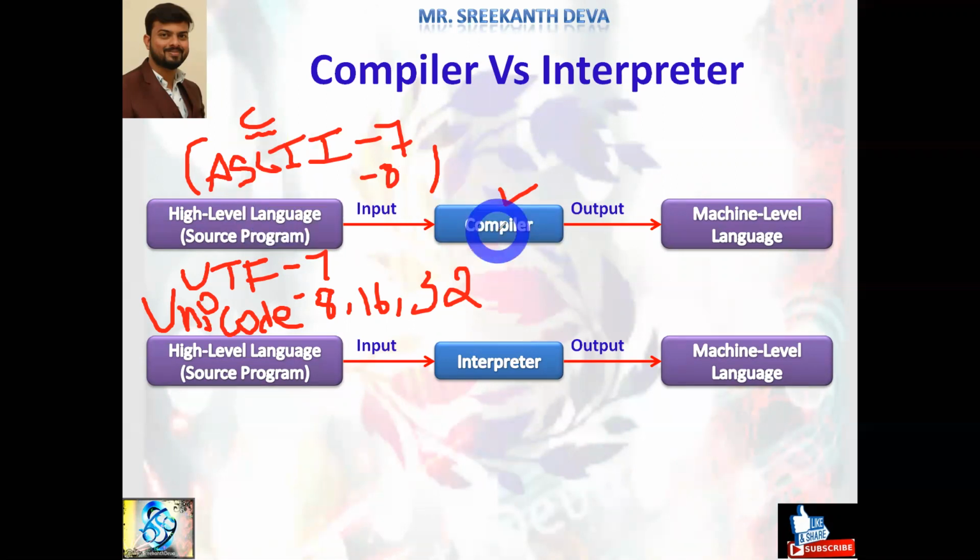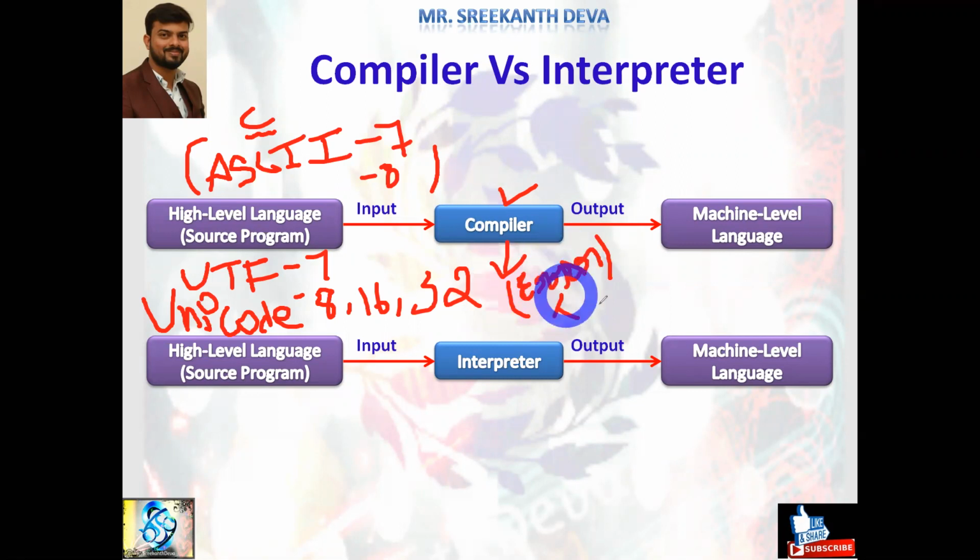It loads and starts checking the syntax and semantics of the particular programming language. Every language has its own syntax, rules and regulations. If you violate them, which error is generated? Compile time errors. We can call them compiler errors, or compile time errors. Until you fix these errors, you cannot execute that program. You must fix those compile time errors.